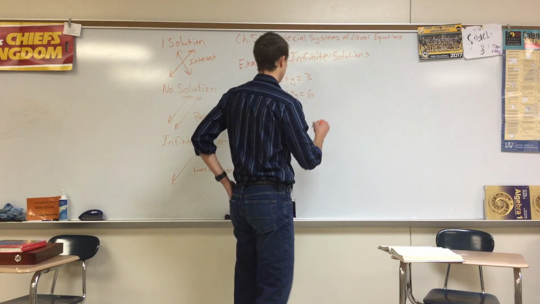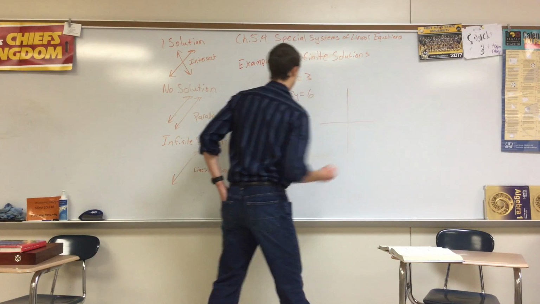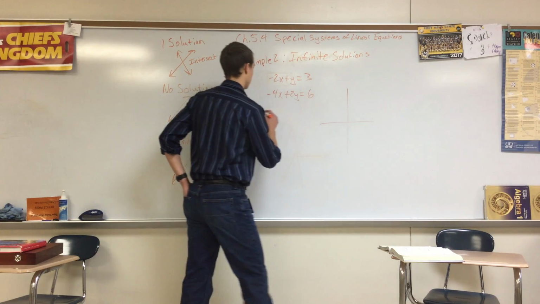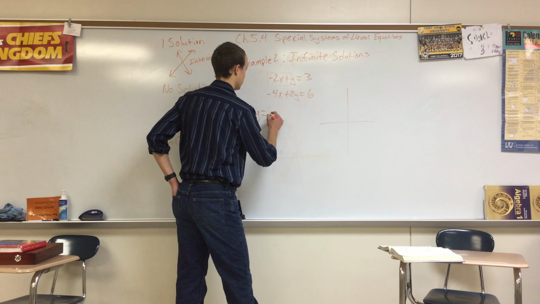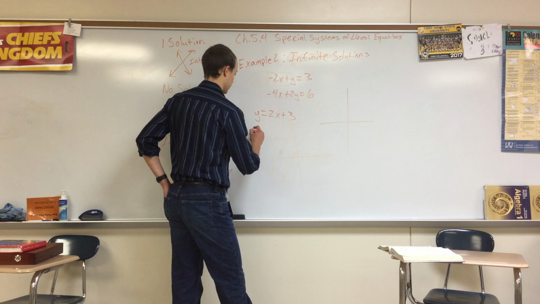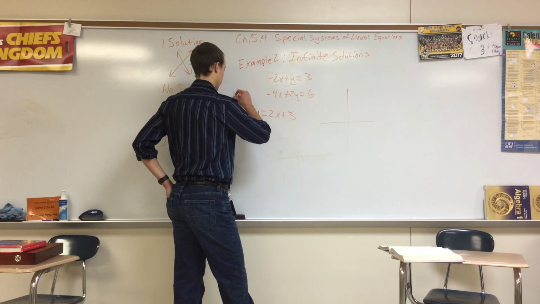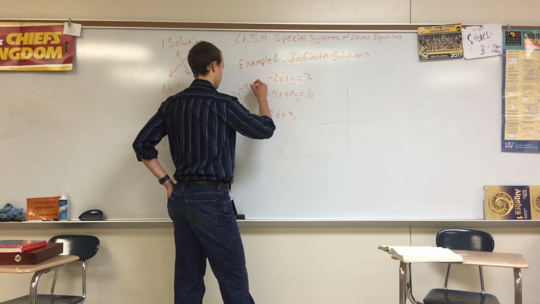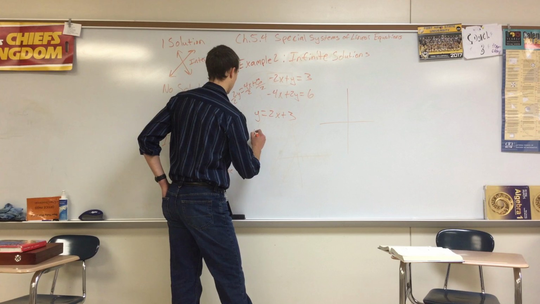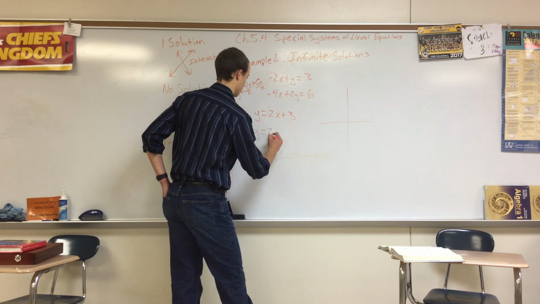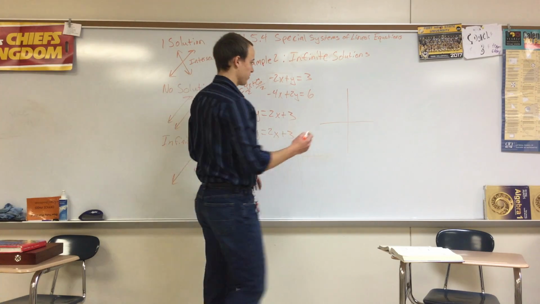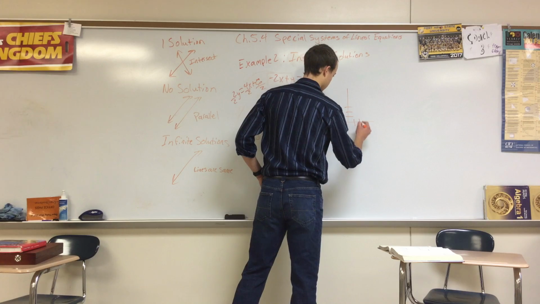So if I graph it, I need to get all of this in terms of y in slope-intercept form. So let me rewrite this. So y is going to equal 2x plus 3, and then if I solve that one, I get 2y equals 4x plus 6, divide by 2 from everything, and then I get y equals 2x plus 3. So you notice those are the same lines, so I'm going to graph it anyways, but if you can tell